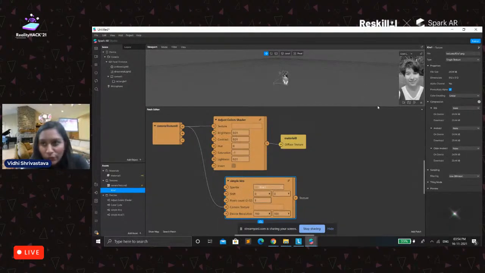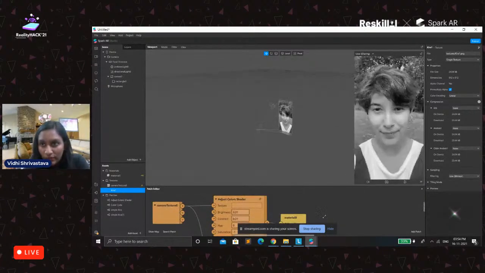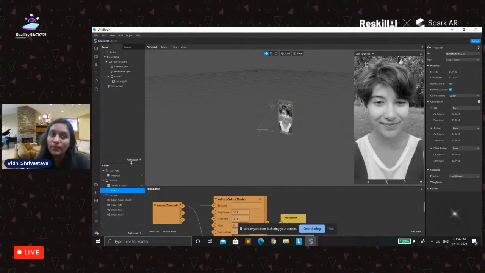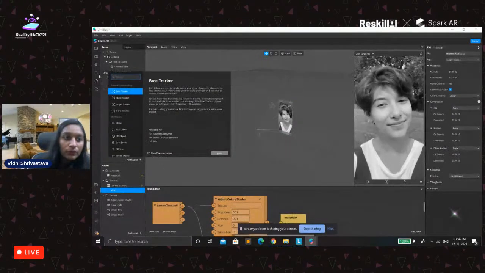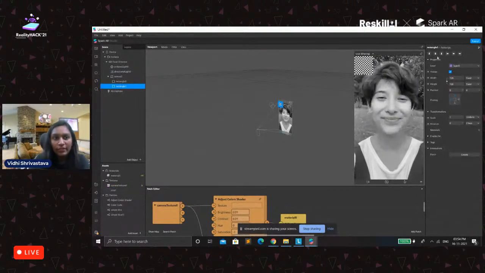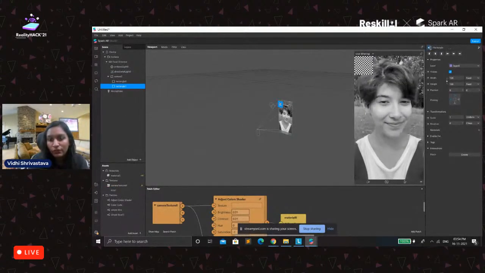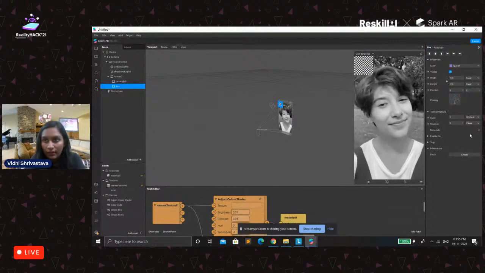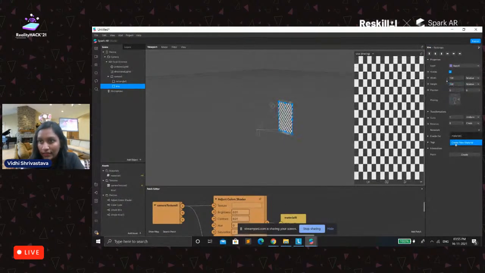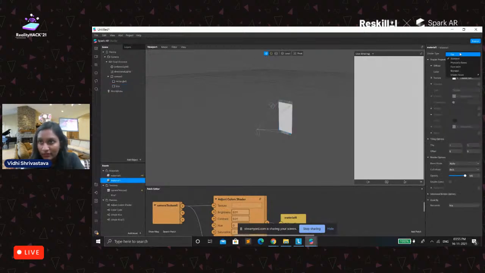Now you won't be able to see anything on the camera here because we have not added a material as well as a rectangle. So we'll go to add object and let's add a rectangle. Now let me change the name of this rectangle to Kira, and let's fill its width and height, and let's add a material.